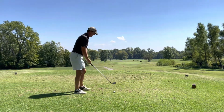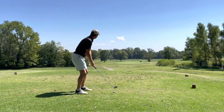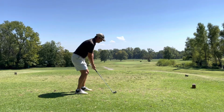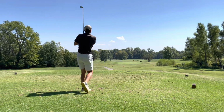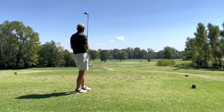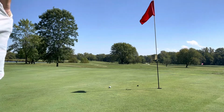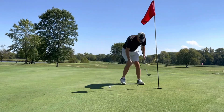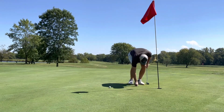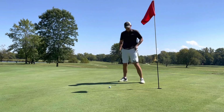Par 3, this was playing about 145 into a little bit of a breeze, and I think I went ahead and hit an easy 7-iron. I usually hit 8 here, but something just felt like 7-iron, and hit one of my best shots of the round, maybe my best shot of the round. Hit maybe a foot left of the pin